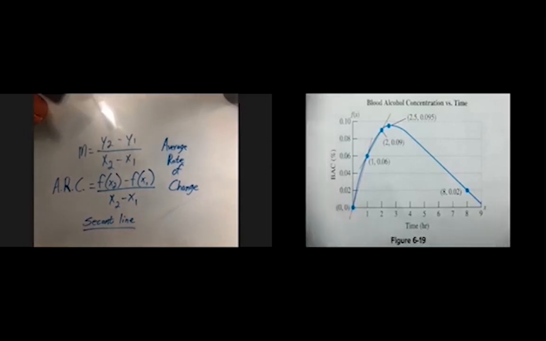The y-axis is the blood alcohol concentration. So if we were to find, for instance, the average rate of change of blood alcohol level from x equals 0 to x equals 1,